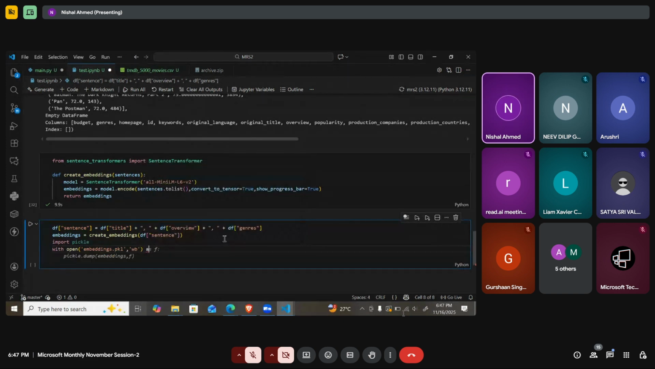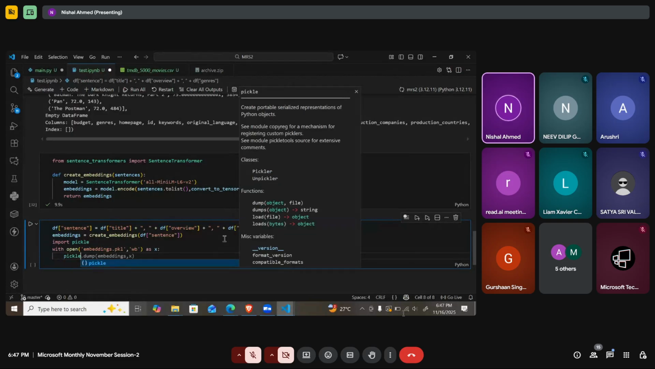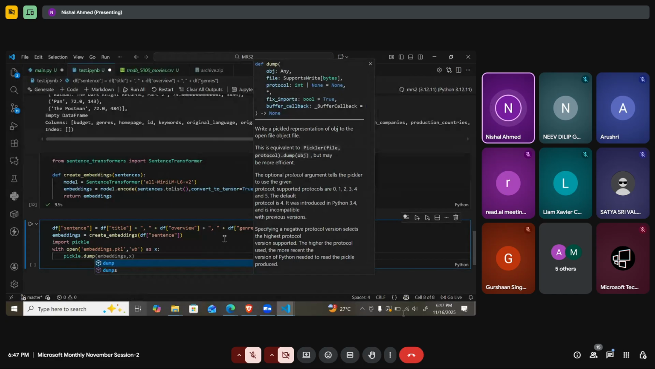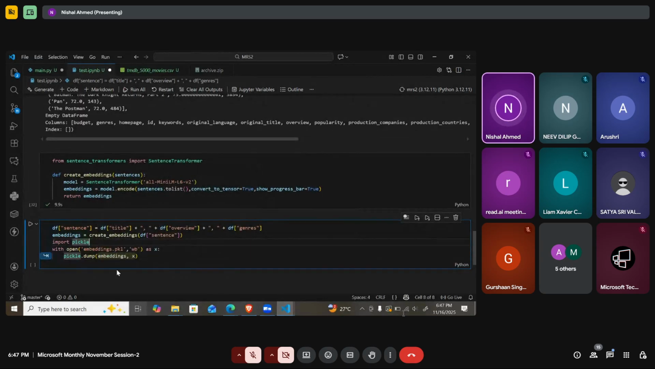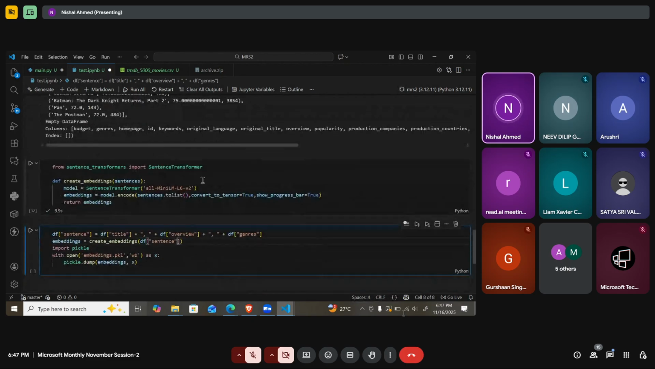As whatever you can write. This is giving a variable to the file you're opening. So as X is also fine. And pickle.dump is how you dump the variable into the binary file. So embeddings is the variable that we created, that we returned the embeddings to. So we'll just do embeddings to X. And this should create the embedding for the entirety of the data set and store it inside a file named embeddings.pickle,